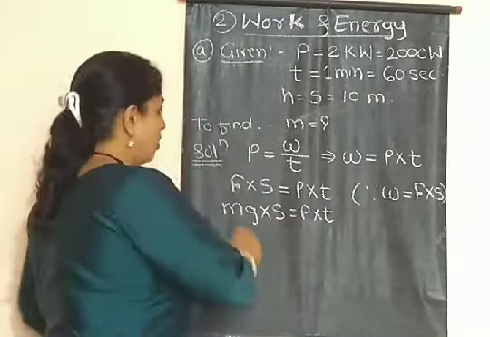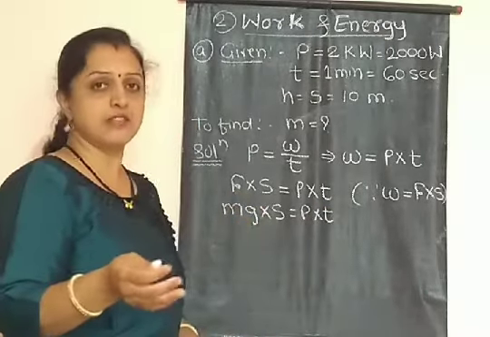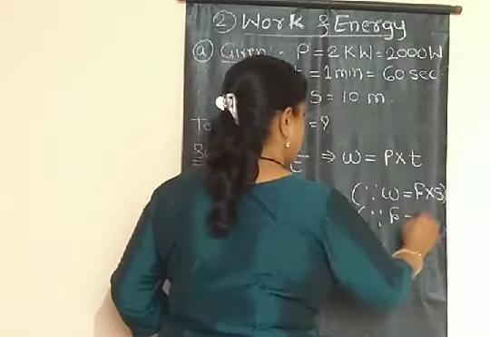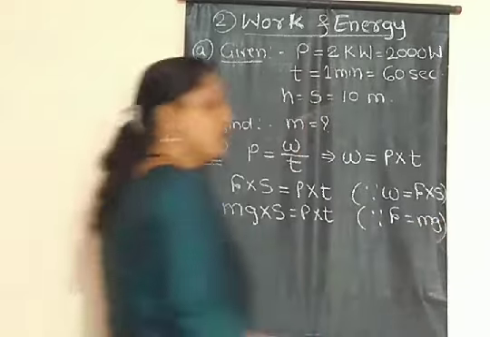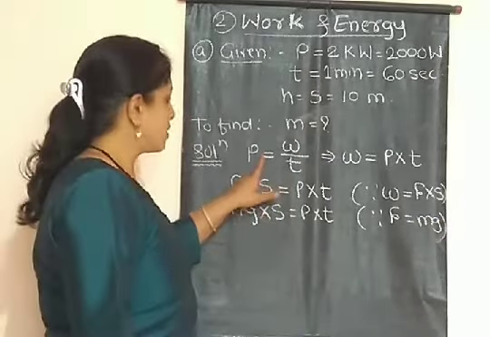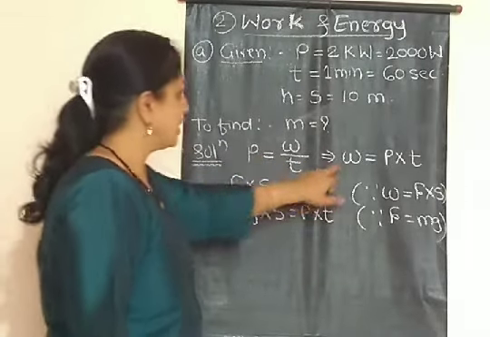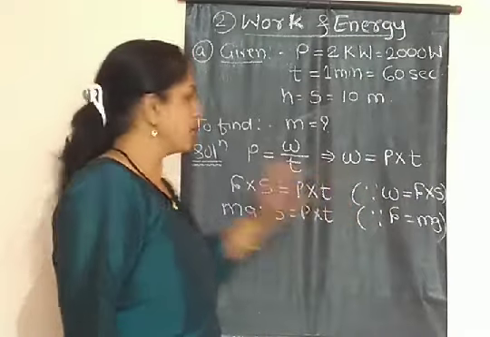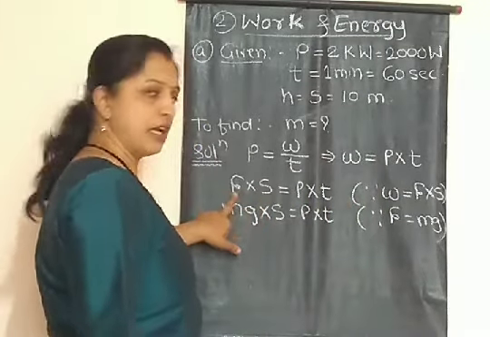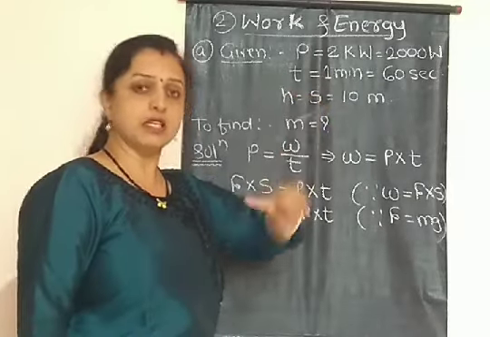Okay, and now after that we have to find out this m, that is the mass of the water that is lifted by that electric pump. You can write here, since F is equal to mg. So I hope you understood how we get this formula. First you write down the formula for power, that is work upon time. After that, work is equal to power into time. Then how to find out work done? Force into displacement. How to find out the value of F? That is mg, because that object is moving in the vertical direction, no?